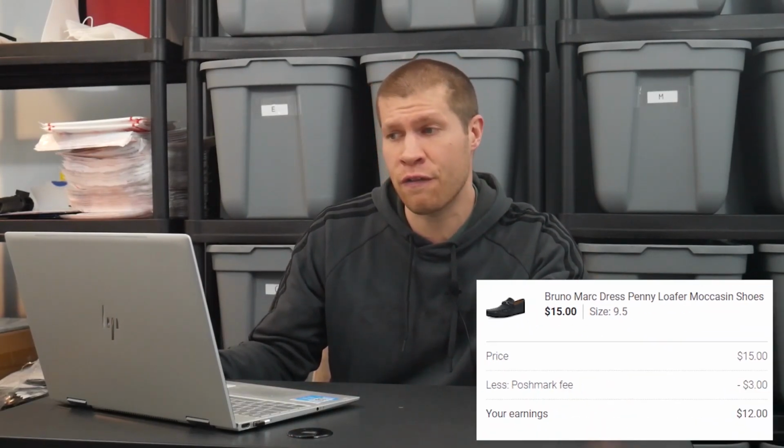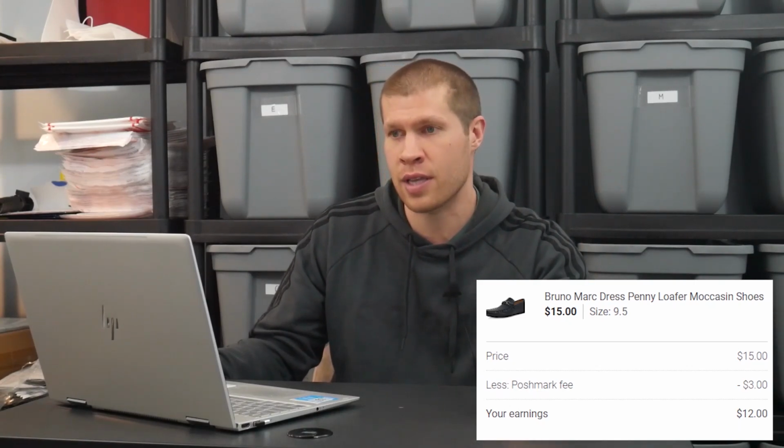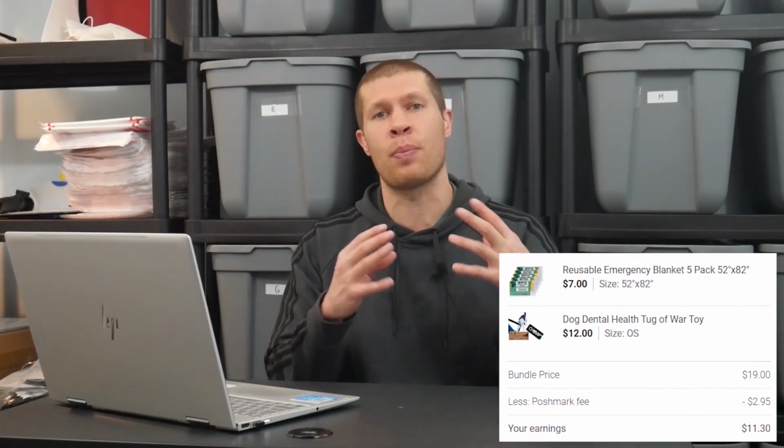I think I only pulled up 2 examples of these shoes that I sold, but they were lowball offers. So these are $15, sold them for 15, obviously. Netted $12 after fees on those. Now the next one is a bundle, and this one, these reusable emergency blankets, the 5-packs, have been selling like